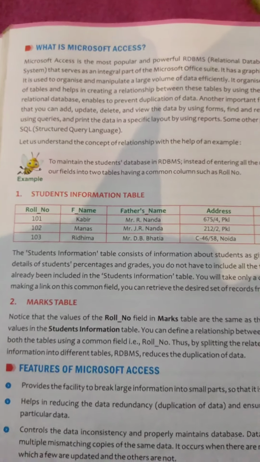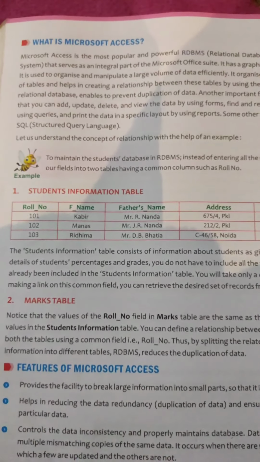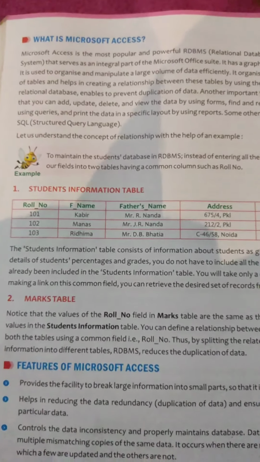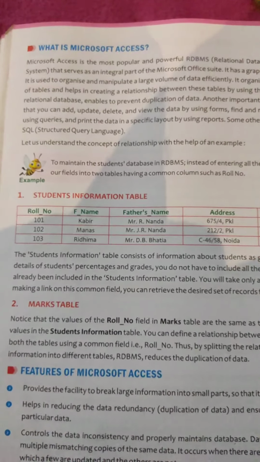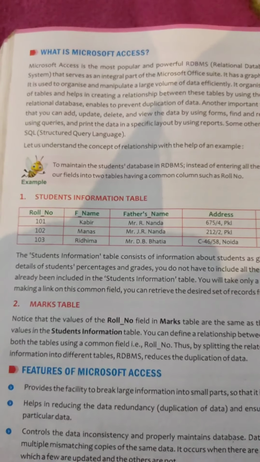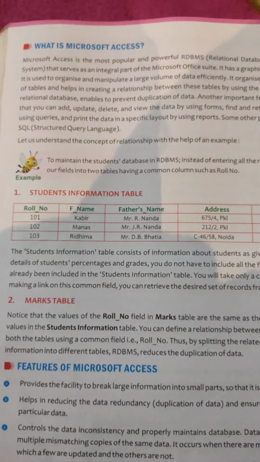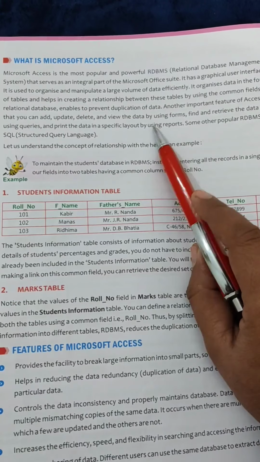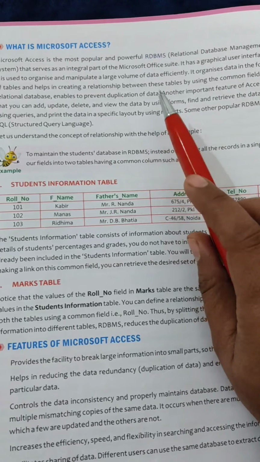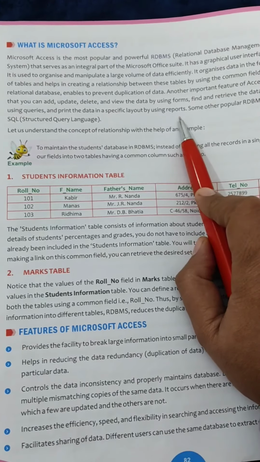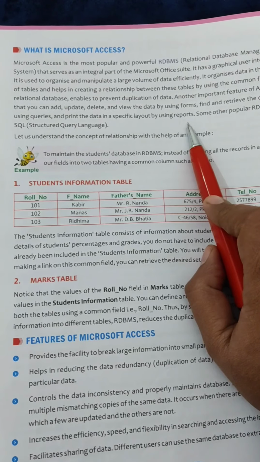We can extract the data from the table by applying simple questions, that is queries, and find the important information that we want from the entire database. So if you want to print the data, you can also print the data in a specific layout by using reports. You can create reports of the data.